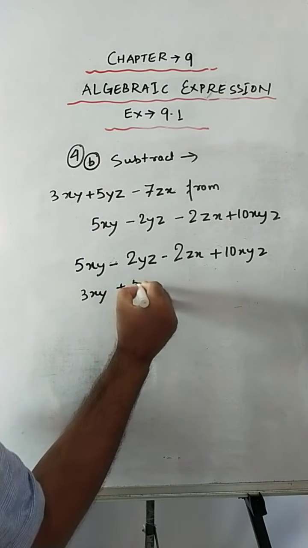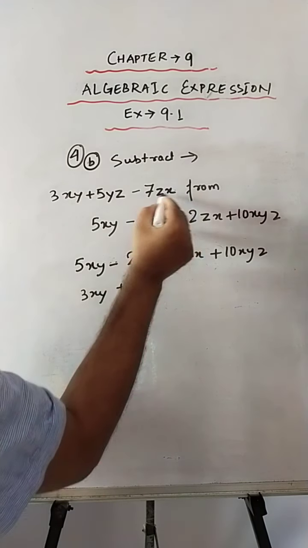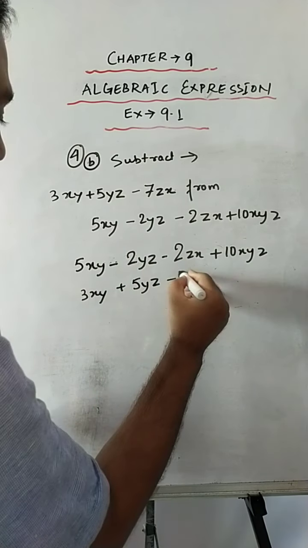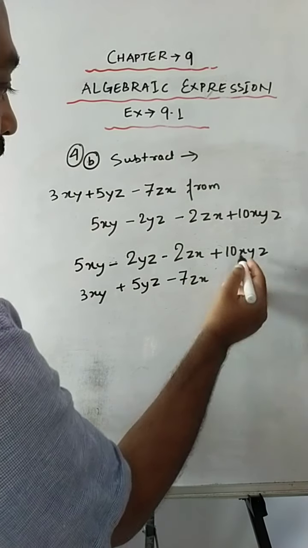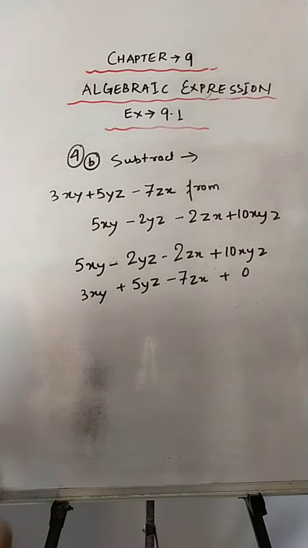Here. So we'll write plus 5yz, zx. So here we have zx, so minus 7zx. We don't have any xyz term, so we'll put 0 here. Okay. Now,